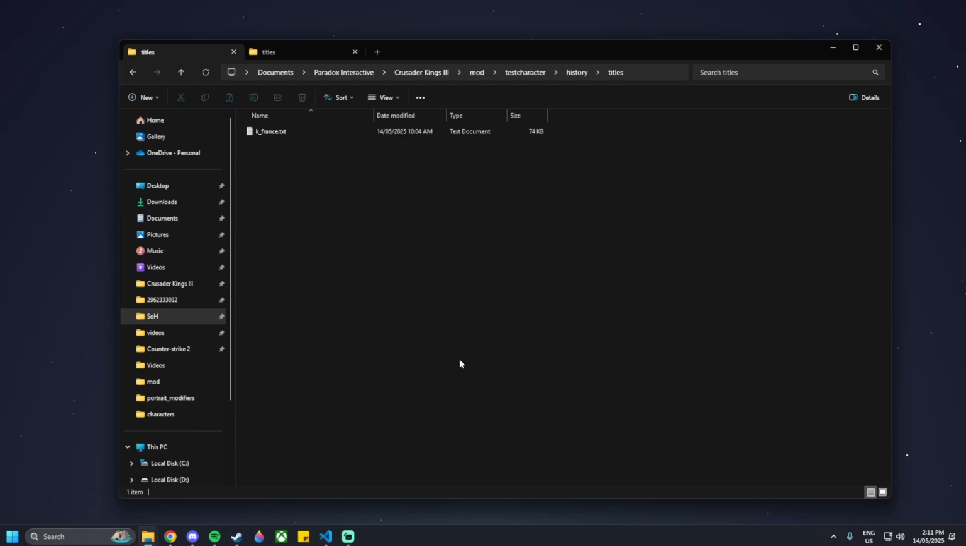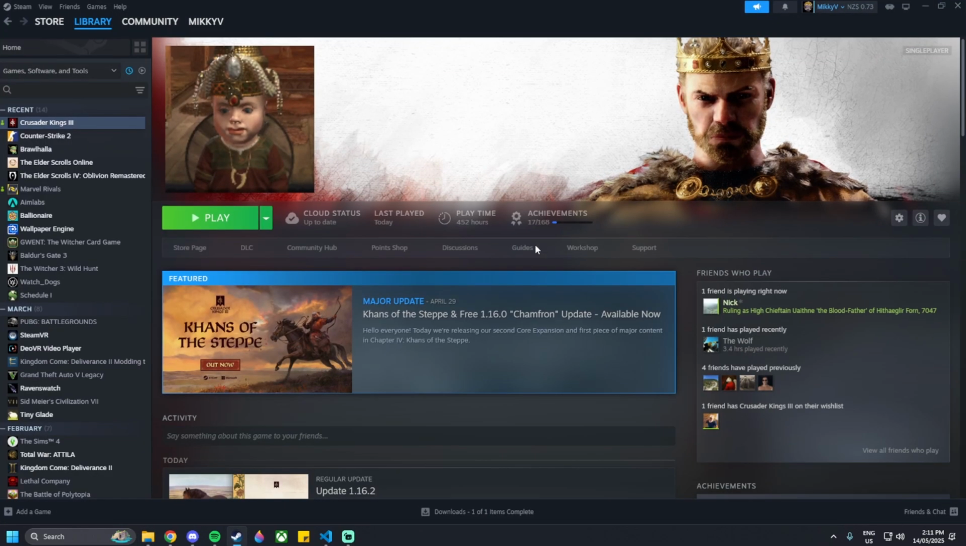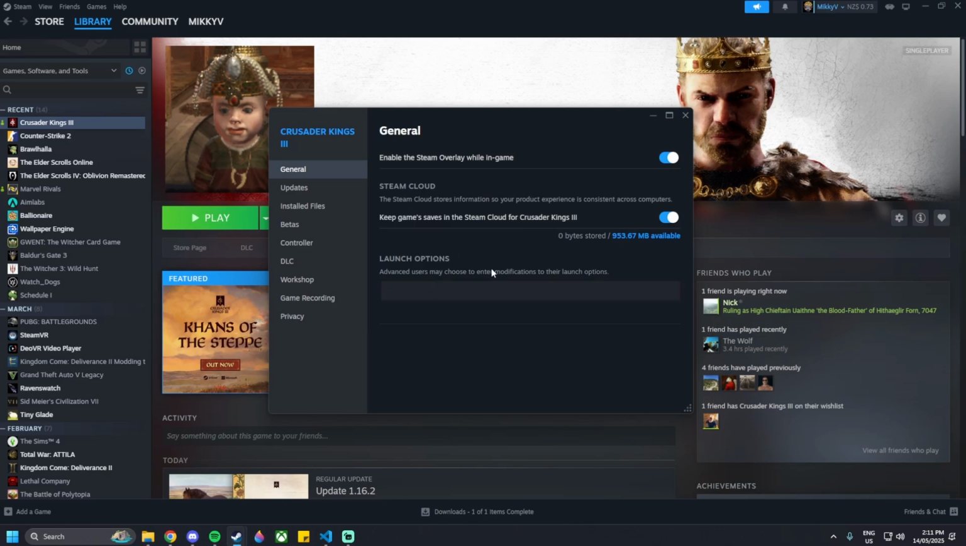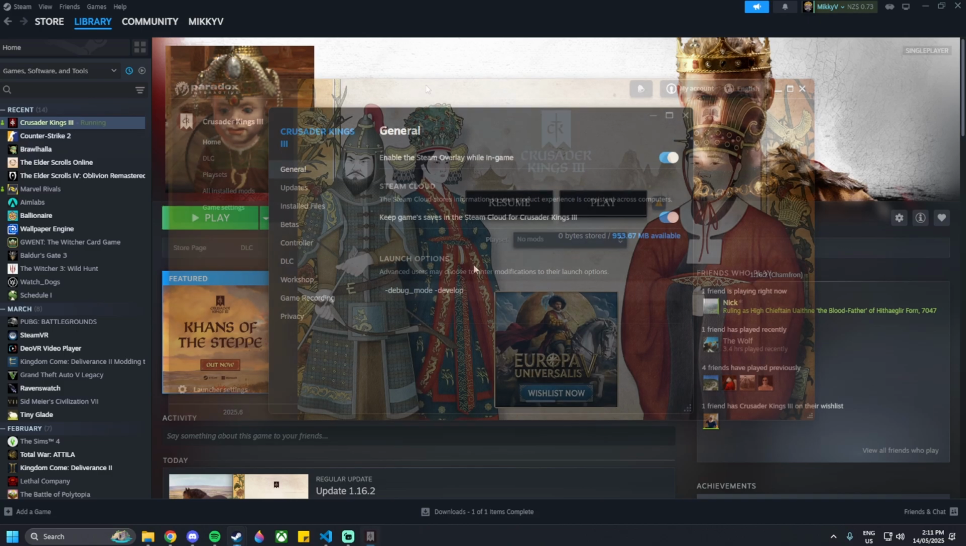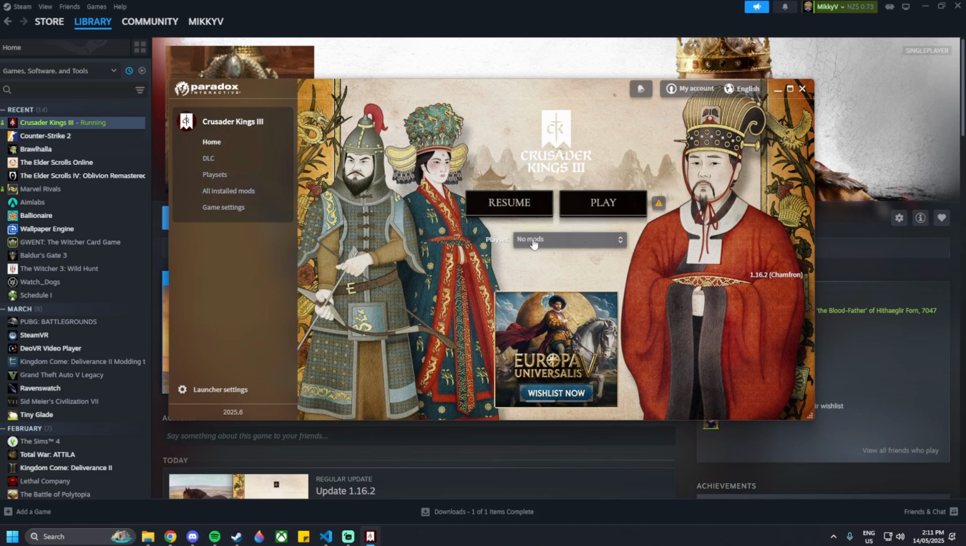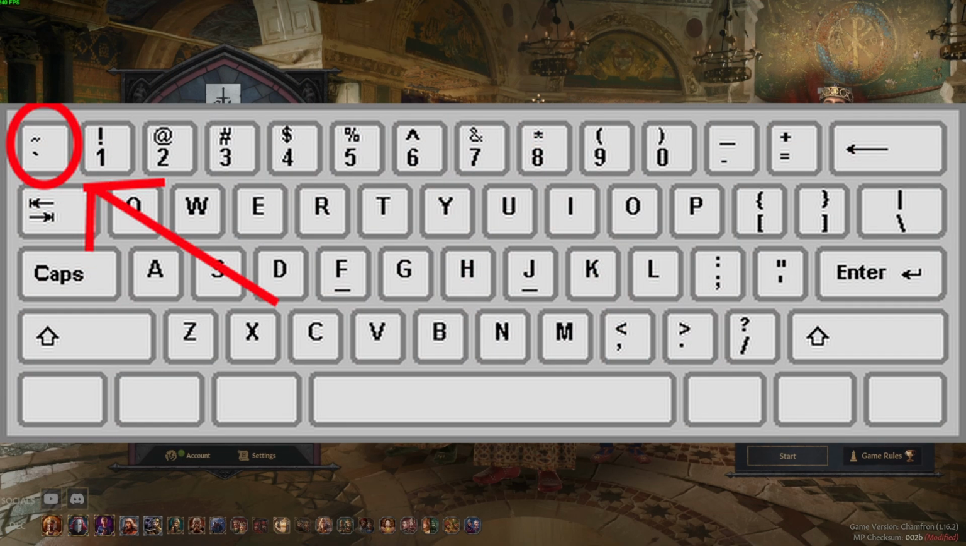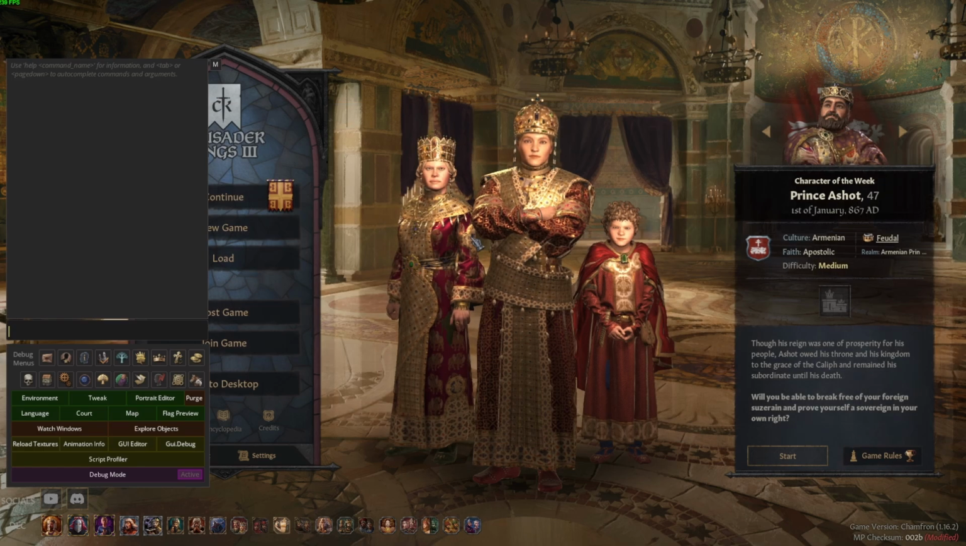So now that all our folders are set up, we can go back to Steam, and then we want to make sure that in properties in general, our launch options say debug_mode and develop, so that we can edit a portrait there in the game. We want to launch the game with no mods, so playset no mods, click play. So once that's launched, you immediately press tilde or the key to the left of your 1,